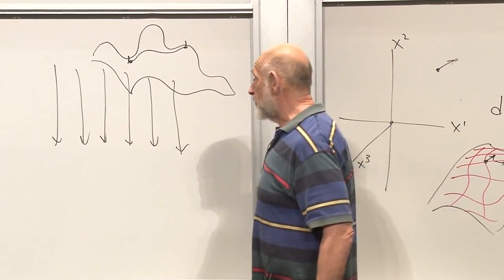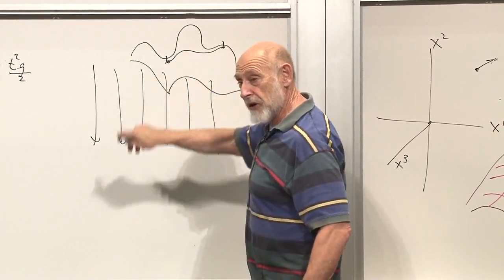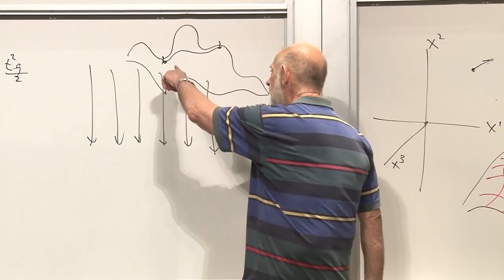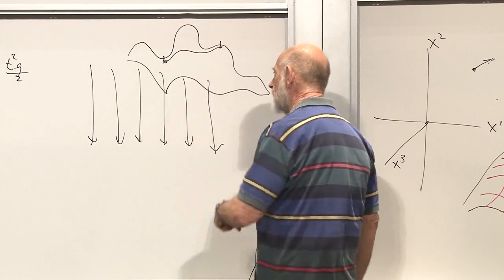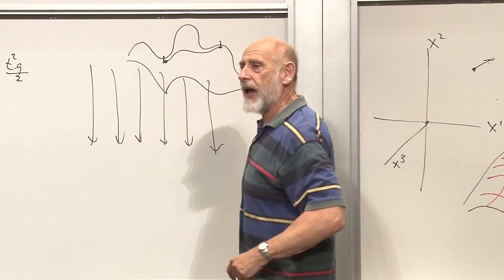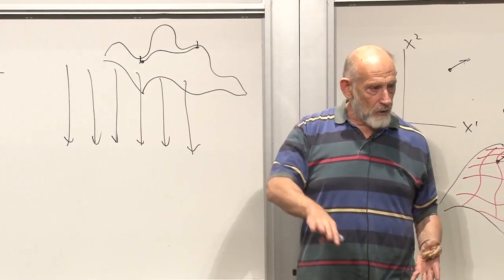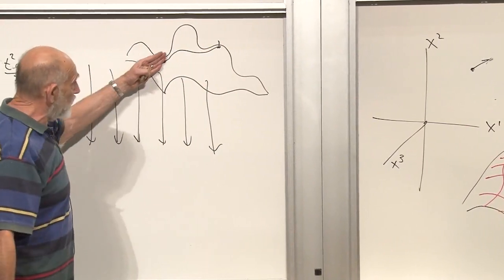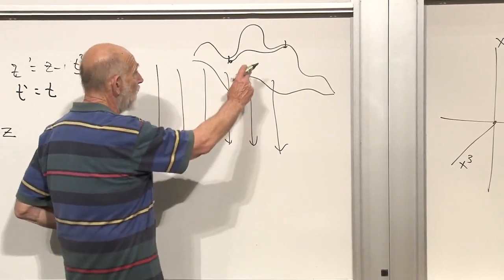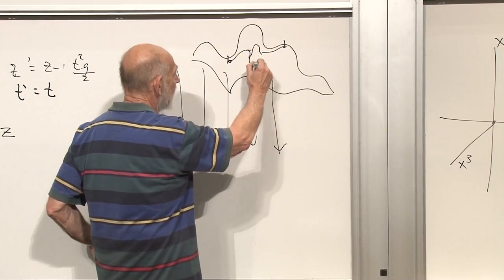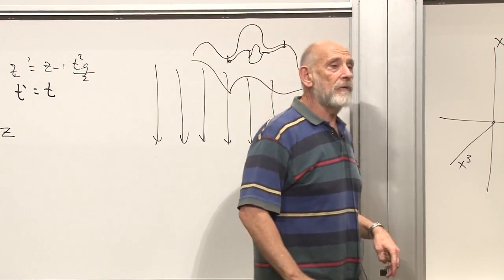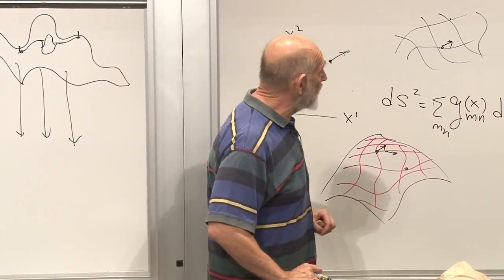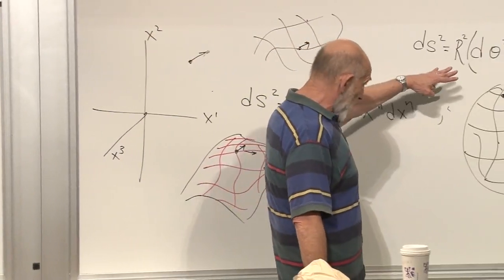Of course, there might be two answers. One might go around the hill one way and one might go around the hill the other way. But think about it for a minute. Even if there's only one answer, a unique answer, it's complicated. You have to know the geometry everywhere in between. You have to know the curves and the hills, not only to calculate the distance, but to know where to place the string. If I put another hill in over here, the string would have to go differently. So the notion of the distance between two points is a complicated one. But the notion of the distance between two neighboring points is not so complicated.